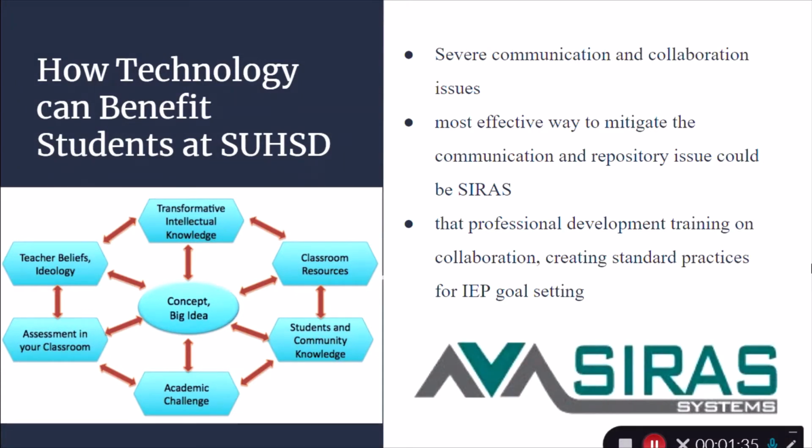Thus, the counseling team determined that professional development training on collaboration, creating standard practices for IEP goal setting, and utilizing CIRAS would benefit the district tremendously.